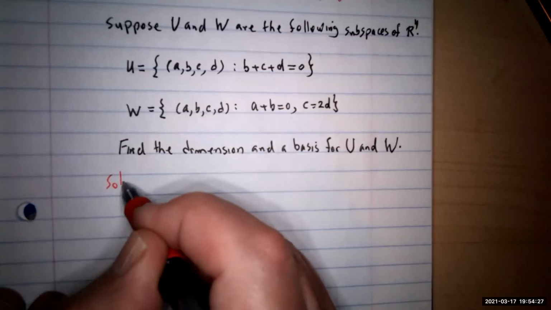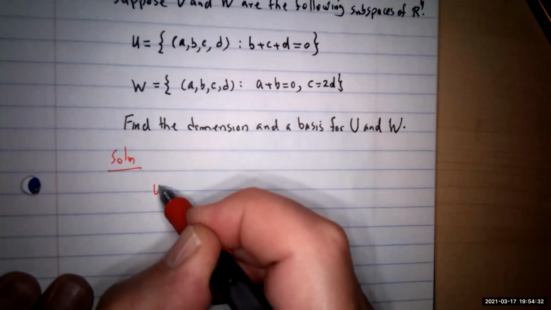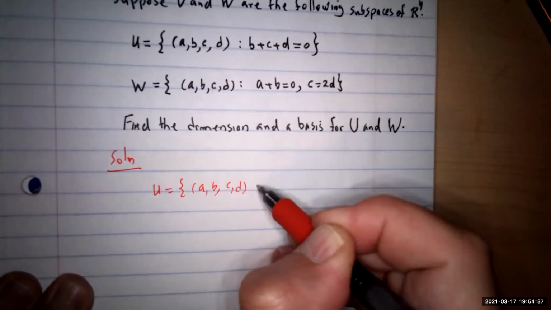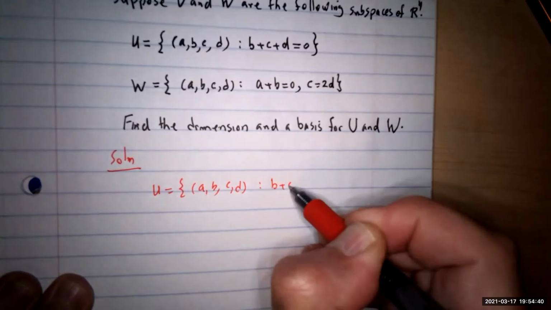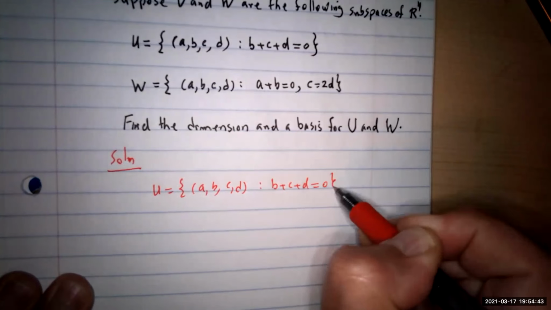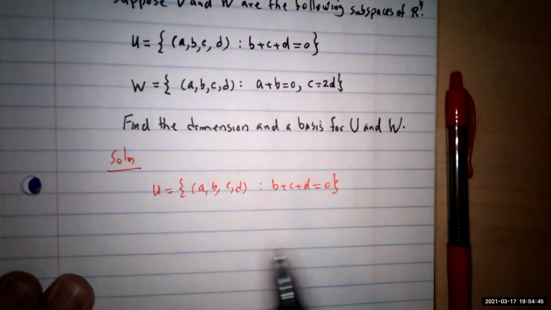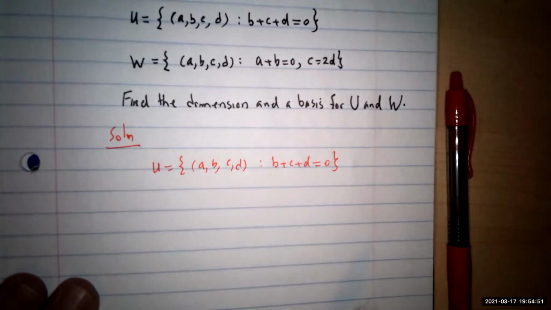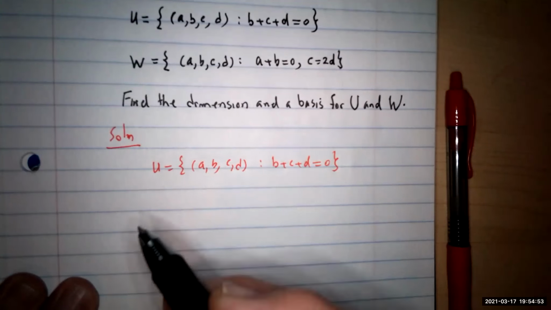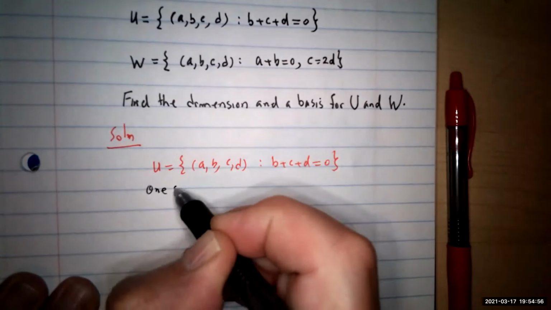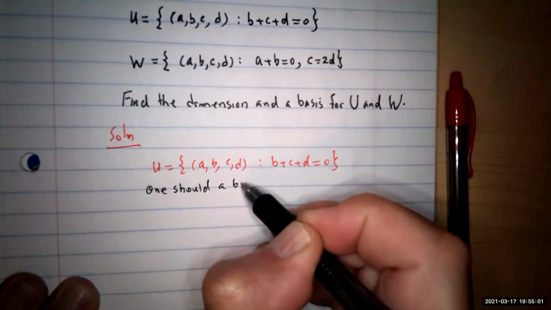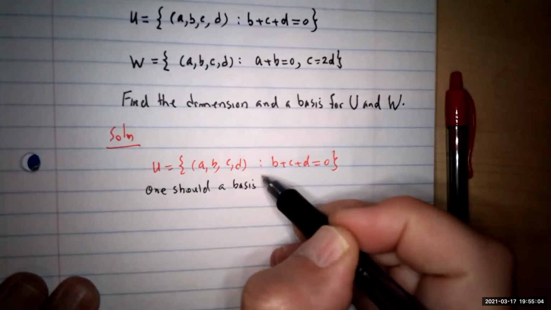So the solution is going to be, I'll go with the U first. U is A, B, C, D. I'm going to find a spanning subset for you. Spanning vectors. Work on this one first. What we are going to do is find a basis